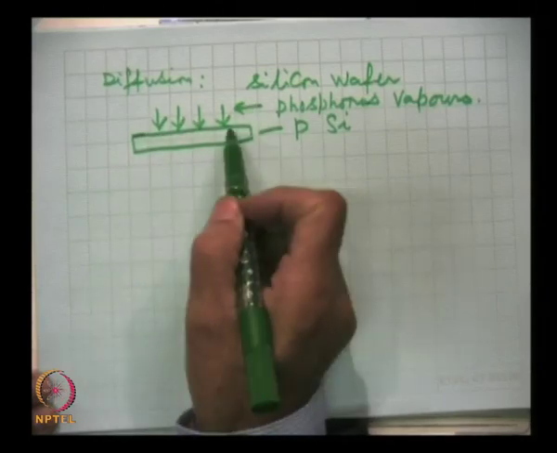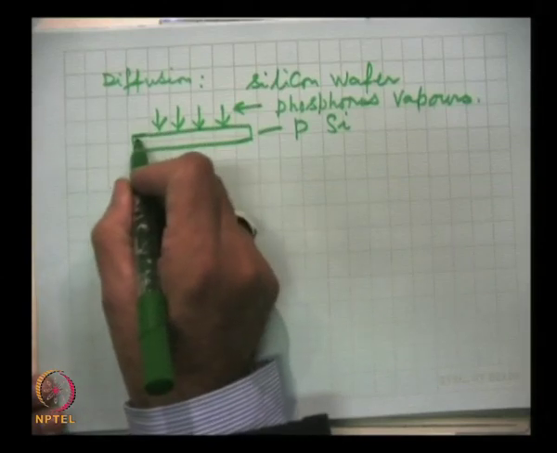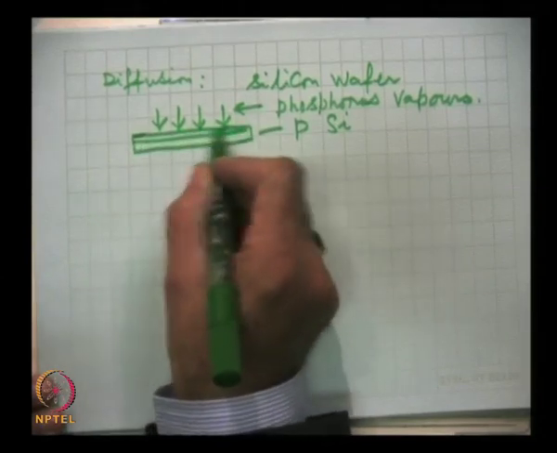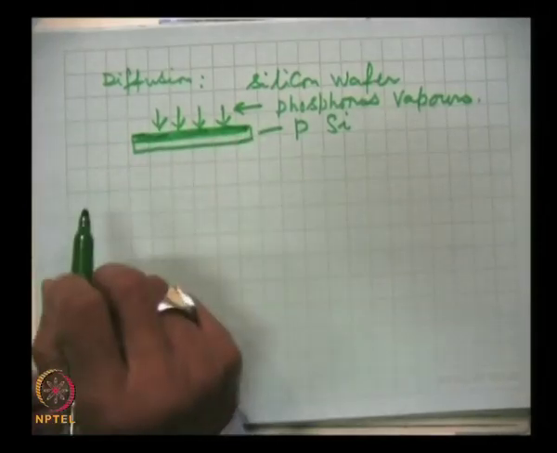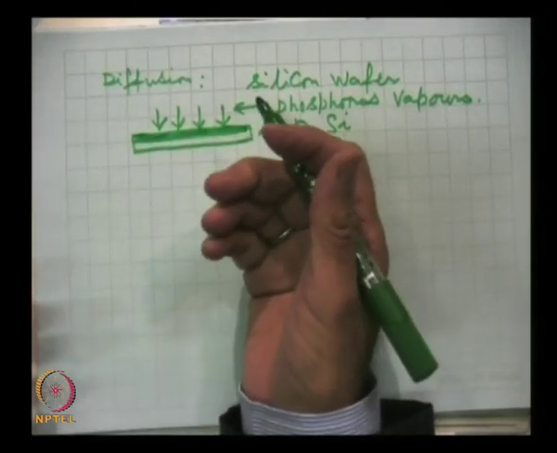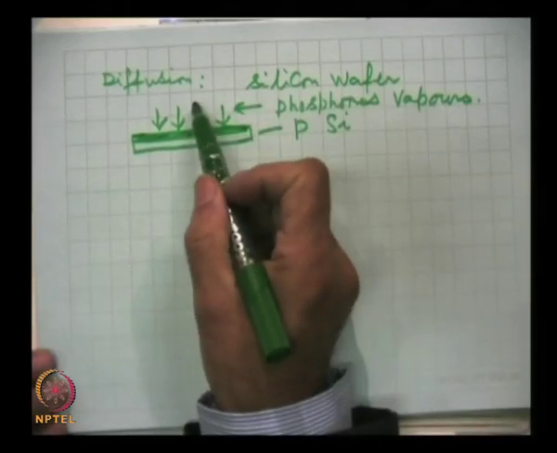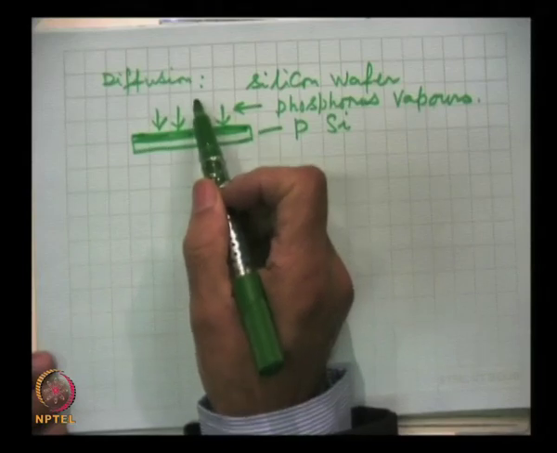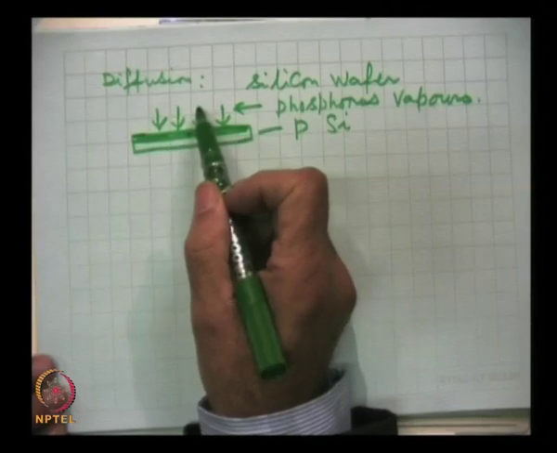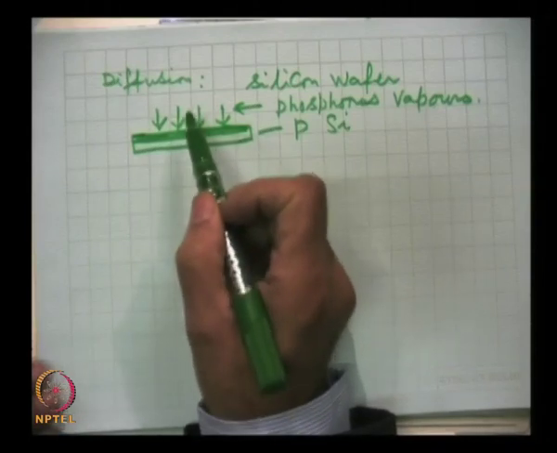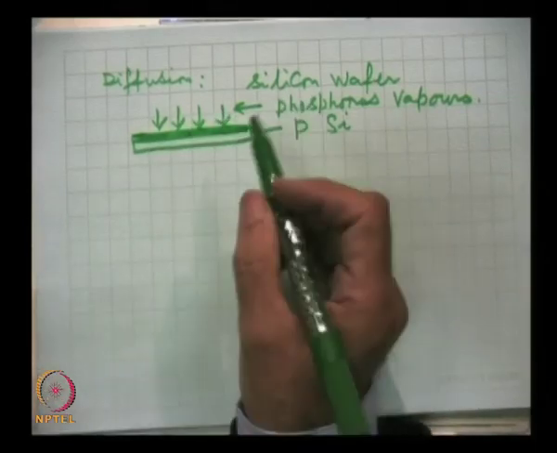Diffusion of this phosphorus will occur and this will make an N type silicon here. Then it is reversed and we can change, because if this is the emitter, then here the doping density requirement is high. So, this will have a much higher density of phosphorus, and when we reverse it, then we can choose